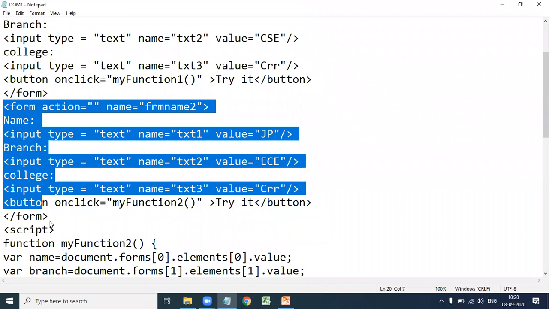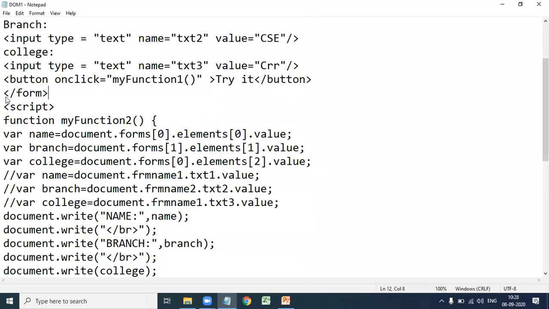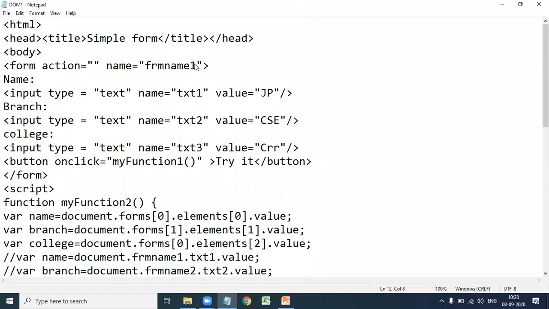So first we take the one form: form action equal to empty and name equal to frmname1. So here frmname1 is the name of the form.